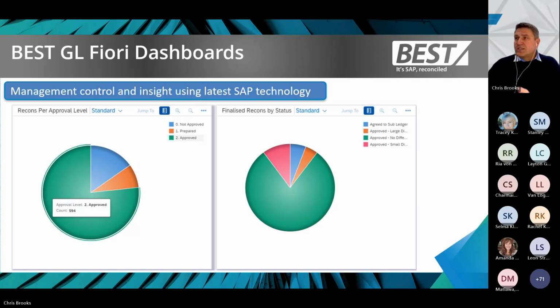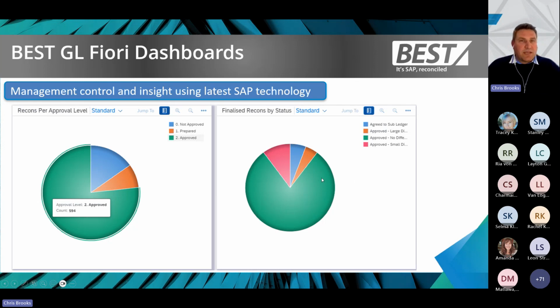Looking at it here, this could be your approvals. So now you can have a look at how many are approved and not approved, and to level 1, giving you an idea of where you are in your month end.